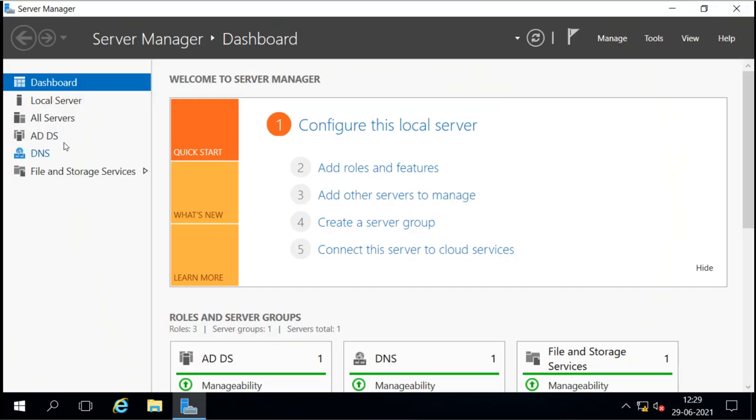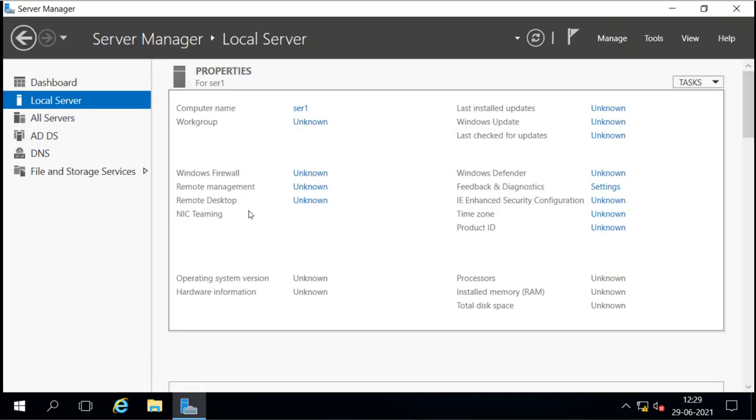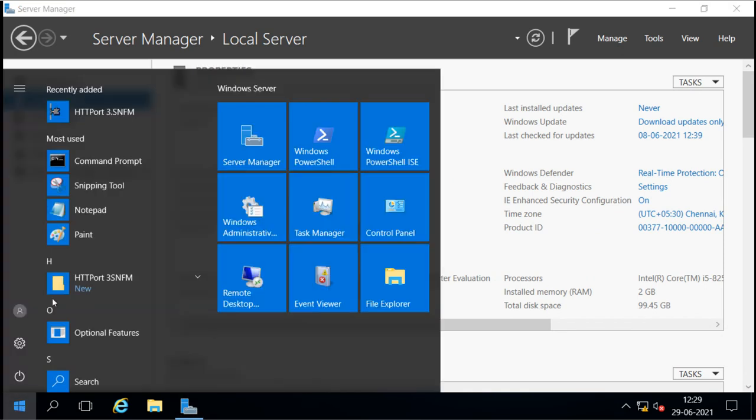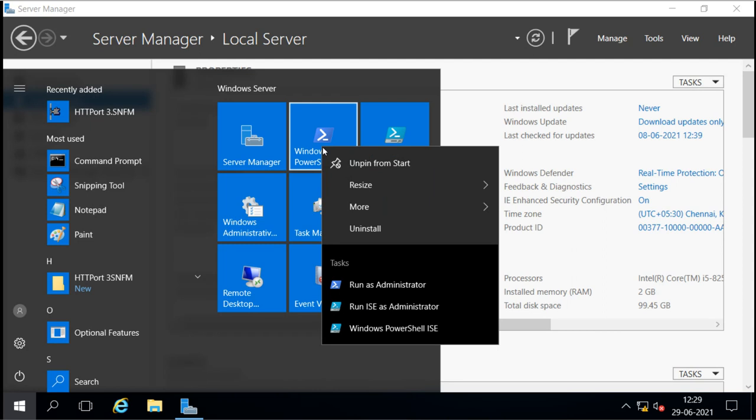So this is our Server 2016. First I want to see whether my machine supports virtualization or not. So what I will do, I will go to the command prompt or PowerShell, I can say,